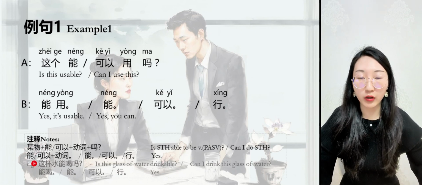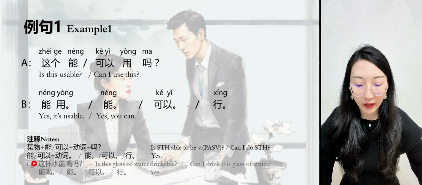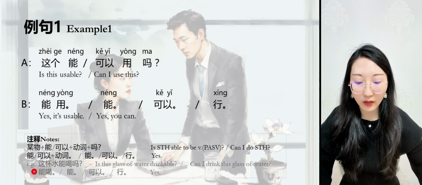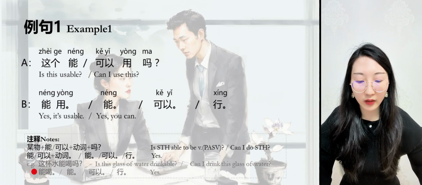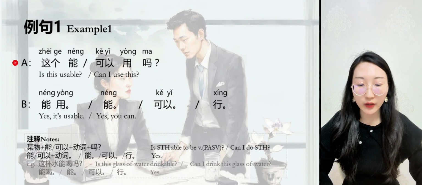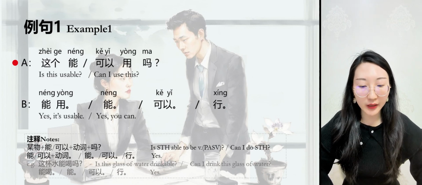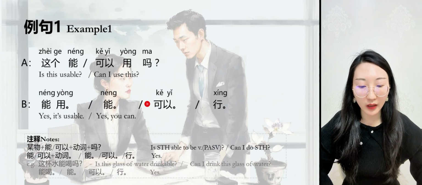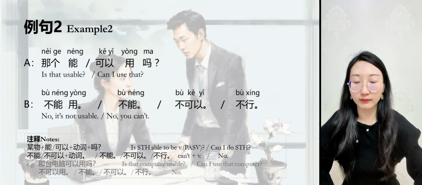One more example. Is this glass of water drinkable? As in, is it clean to drink? Or can I drink it? 这杯水能喝吗? Positive answer? 能喝,能,可以,行。Now let's read the example sentence again. 这个能用吗? 这个可以用吗? 能用,能,可以,行。